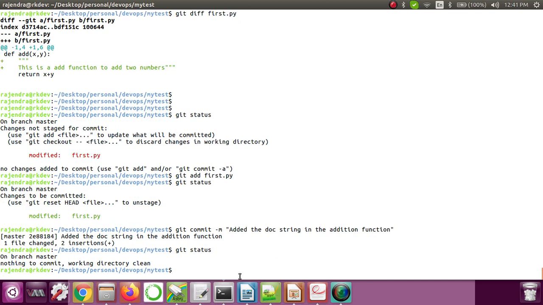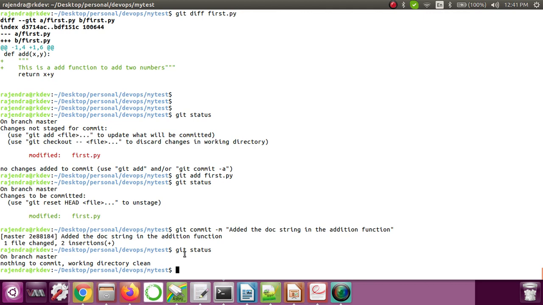So now here in the git status nothing is there. Okay, so now you modified it, you added it, you committed it, but still after commit as well the data is still on your staging repository. Okay, and it's not pushed yet to the remote repository. Even if someone goes and pulls that code, these changes will not be there because we didn't push this code changes onto the remote repository.